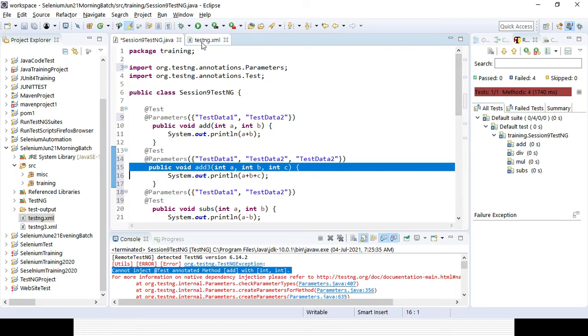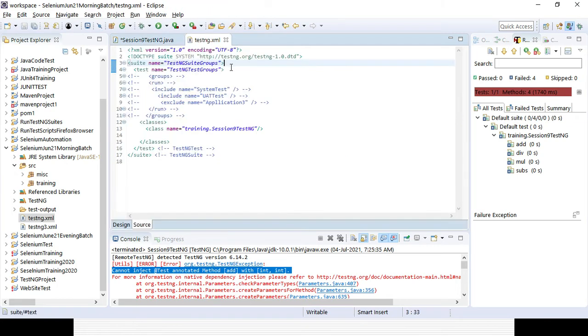Now if you go to the testng.xml level, you can give the parameters at the suite level or at the test level. So here I can change my name, it will be suite parameters, right. So I can change the name so that my change will also be impacted.